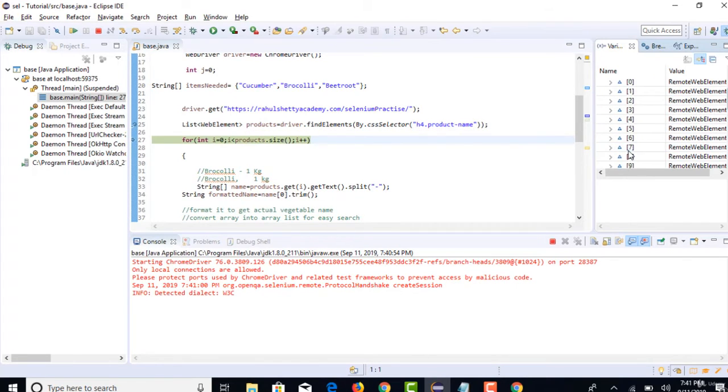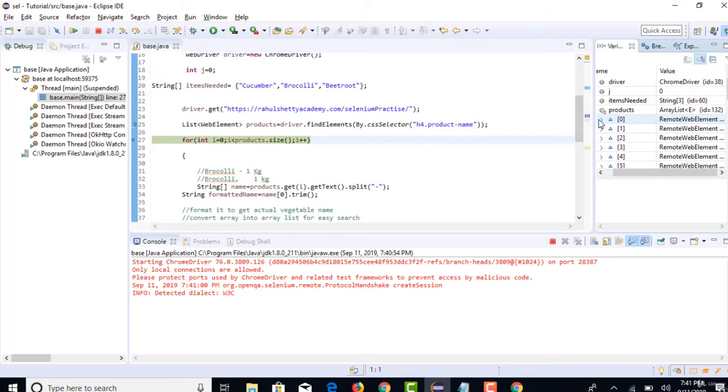And in total how many elements did we get here? Total 30. It starts from the 0th index, so that means a total of 30 elements are there. Good. So now we are going to iterate over these products 30 times and pull out each and every value present in each index.